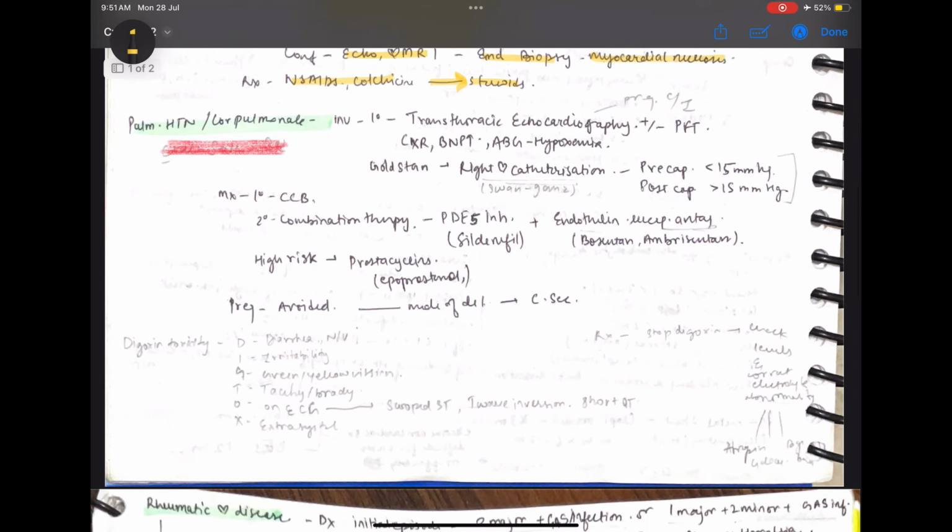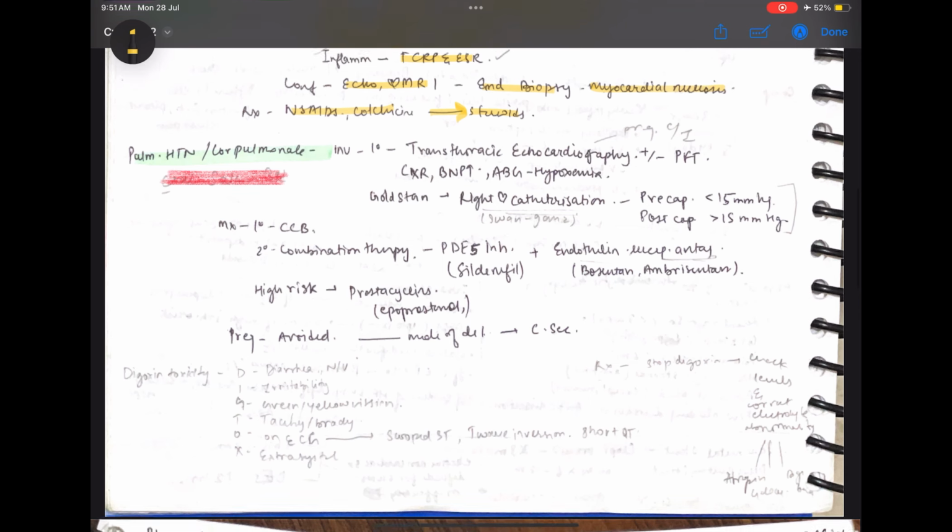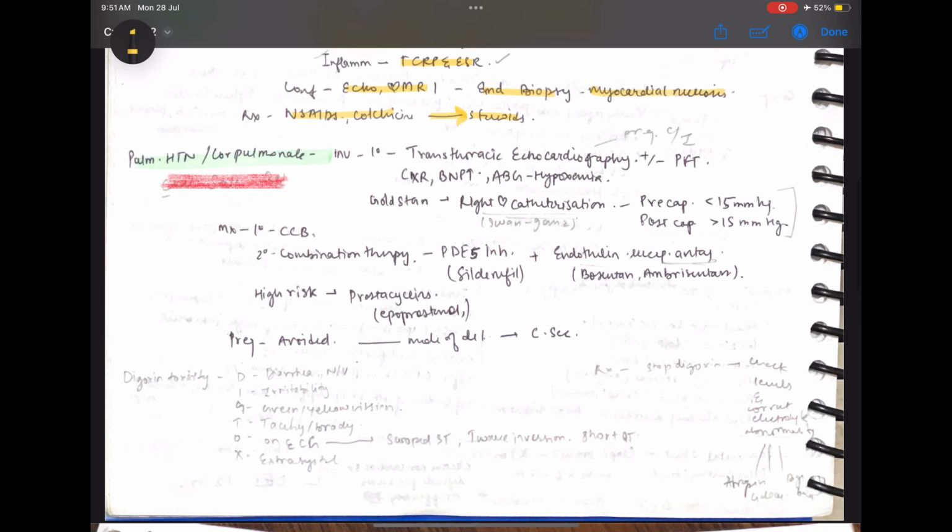Now the next topic is pulmonary hypertension or cor pulmonale. So basically mean pulmonary arterial pressure would be more than 25 mmHg at rest. This is the diagnosis. There could be multiple reasons for it, but the important thing is you have to remember that the problem is in lungs itself. For the investigation, we have to do transthoracic echocardiography with or without pulmonary function test, and this condition is a contraindication to pregnancy. Next, chest x-ray we can do, and BNP levels would be elevated, but for the gold